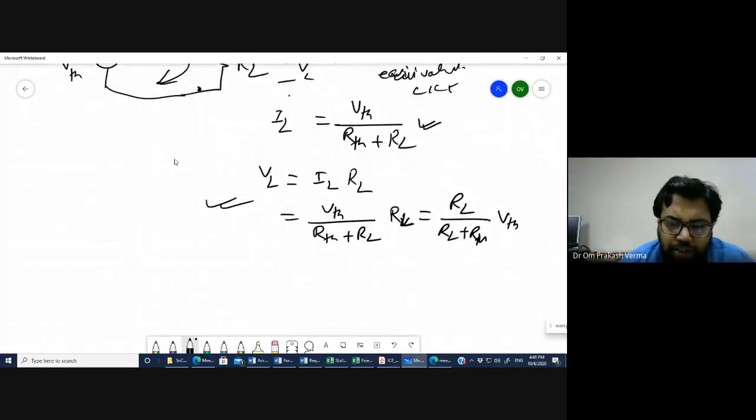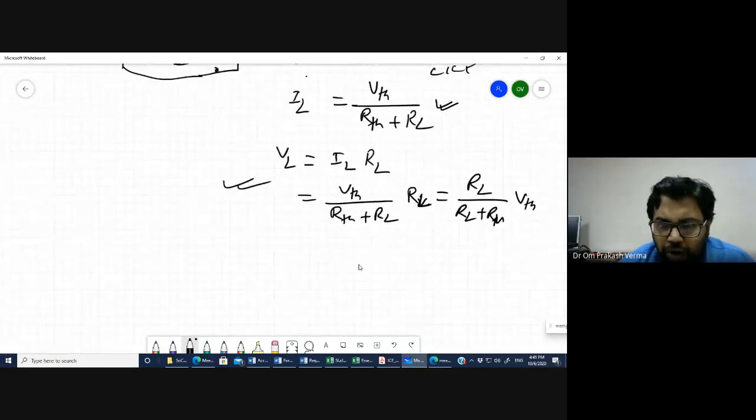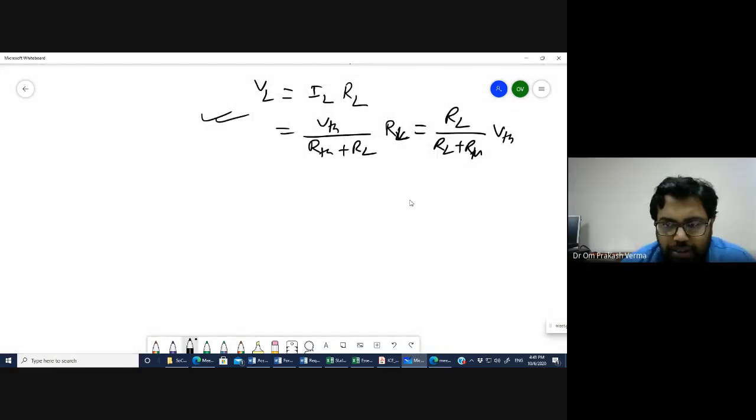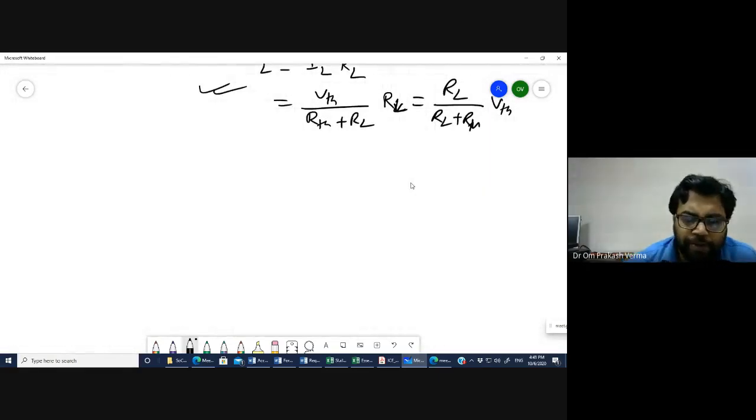Now I am taking one example, and we will see how the Thevenin voltage and Thevenin resistance are calculated manually. Then your problem is to simulate the same in the PSpice environment. So I am taking one most simple problem, so that you can understand it better.